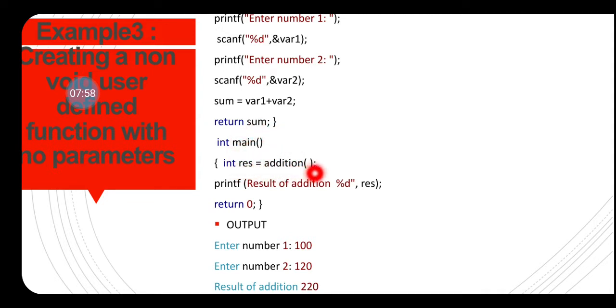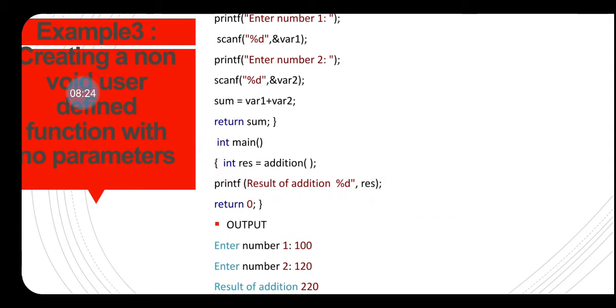This is very important. This is how the non-void function differs from the void function in its calling manner. Calling of a non-void function will be in this manner: whatever value it returns is to be assigned into some variable. And then we'll display it: result of addition is, and res. We are printing the result over here.